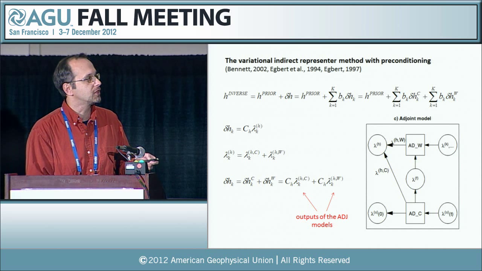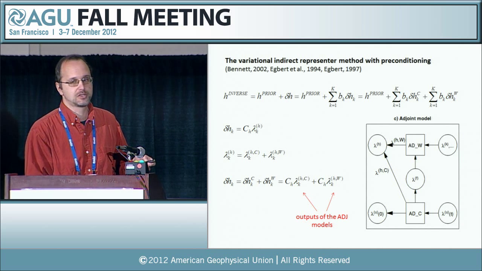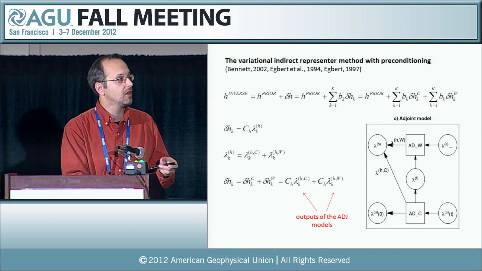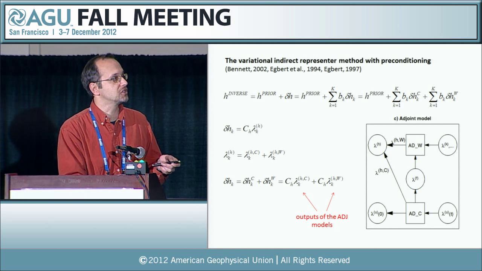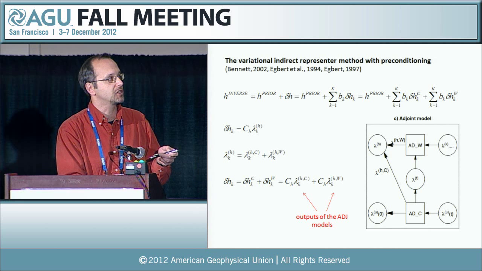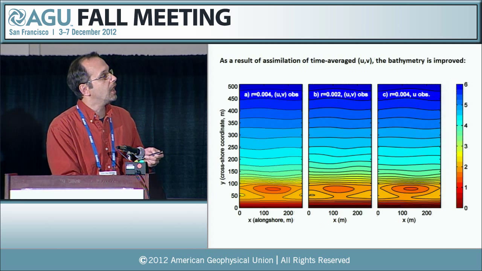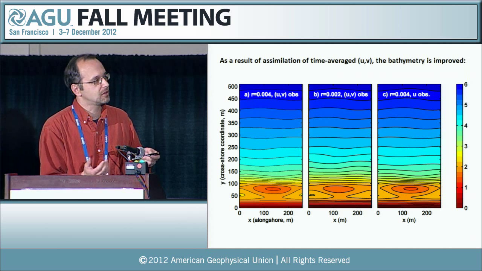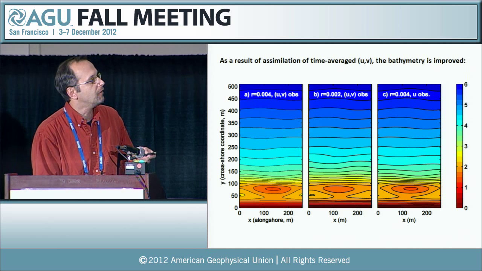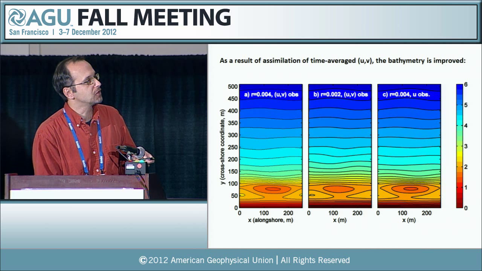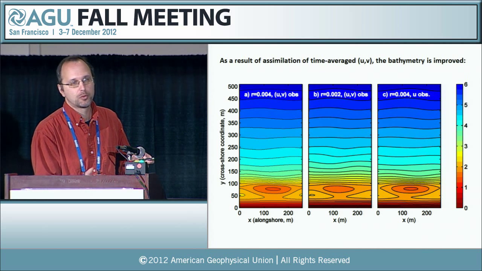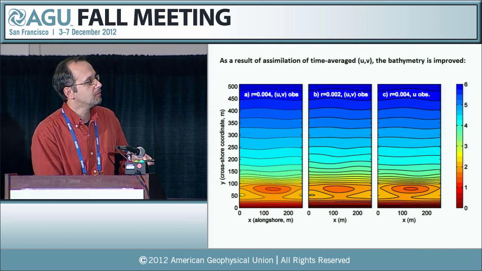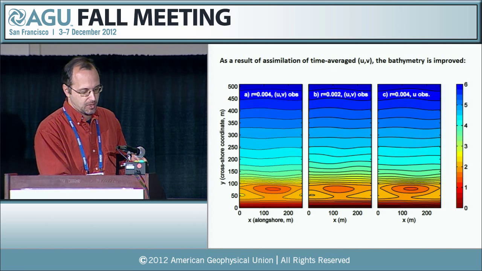So we are going to look at all those six plots and see the differences in the structure for the sensitivities, corrections for one observation, and corrections for their combination. Before we do that, as a proof of concept, the twin experiment always works. We do improve. These are three different cases where we improve bathymetry. We move the bar and obtain